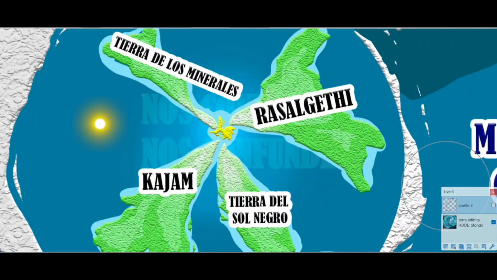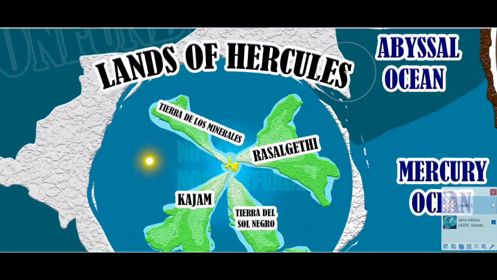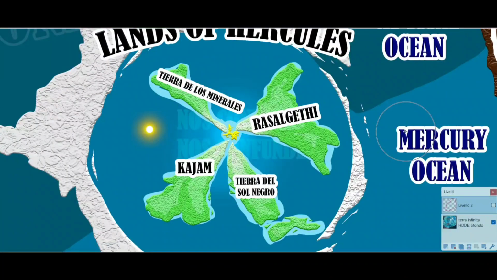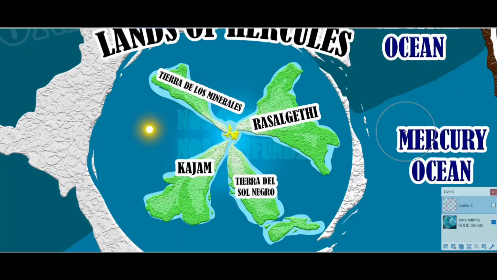Finally, we have Ras Algethi. And for Ras Algethi, you have to do a bit of research to get to what it actually means in the context of the lands of Hercules, but I think I got it right. In China, this Ras Algethi, which is a star in the common consensus, is actually called Ti Tso. And that translates to the seat of the emperor, in this case referring to Hercules. So this is the place where Hercules rules. In other words, this is the main continent of this plane of existence.